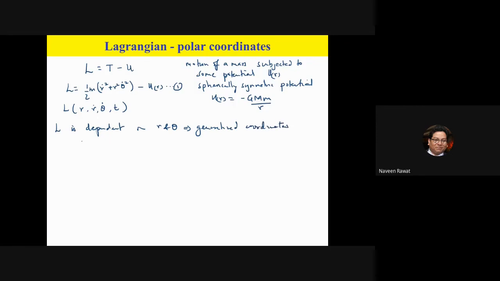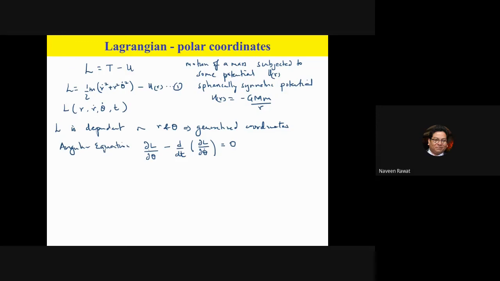Now what I'm going to do is write the first equation, which is going to be my angular equation. In the angular equation, I'm going to take the partial derivative with respect to the angle, dL by d theta, minus d by dt of the next expression, dL by d theta dot, and that is equal to 0. That is my equation of motion, the angular equation.